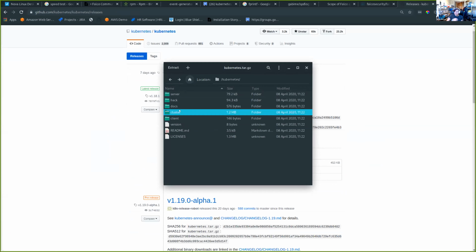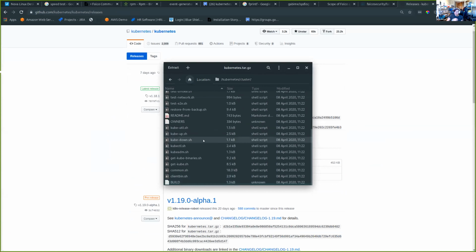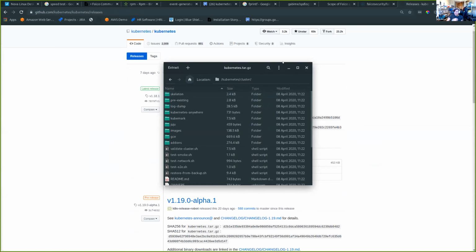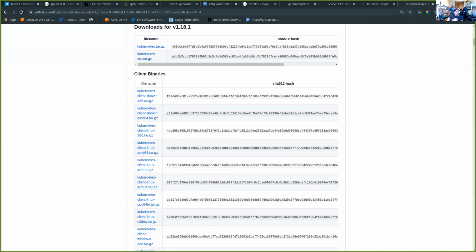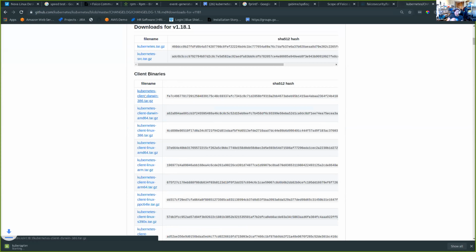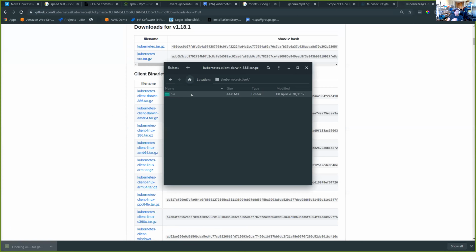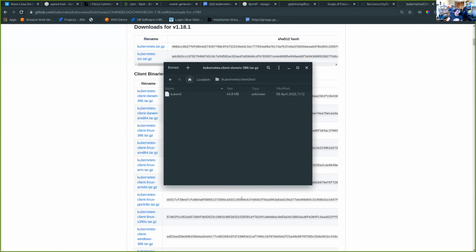It has cluster components, all of the various cluster components. And in the changelog for every release, this is where you grab the binaries. So if you wanted the client for 32-bit Darwin kubectl, here's the tarball: client, bin, bam, executable, statically linked, written in Go.